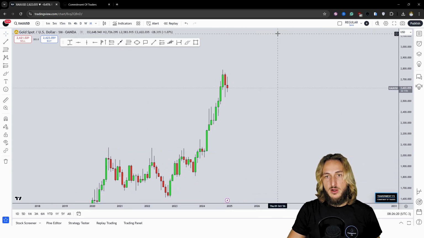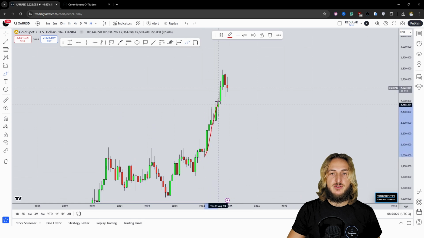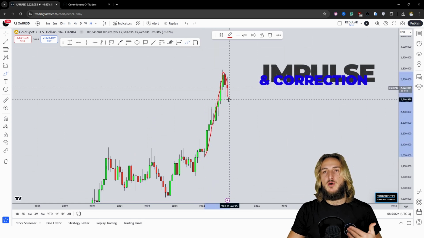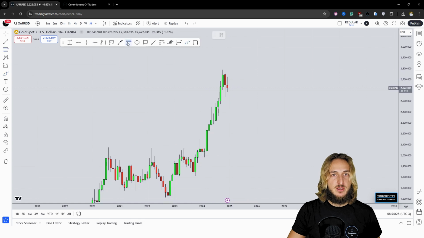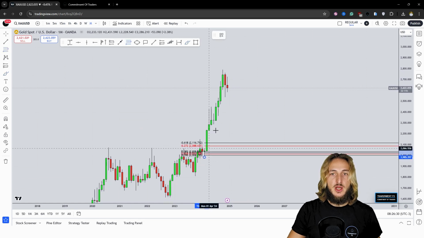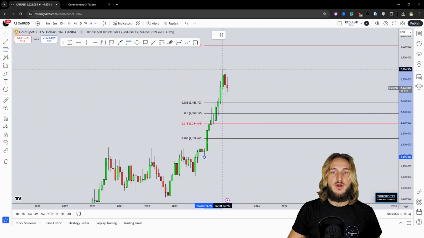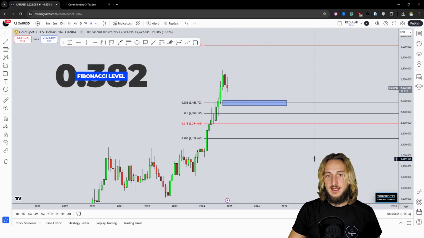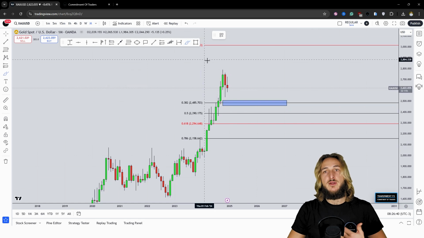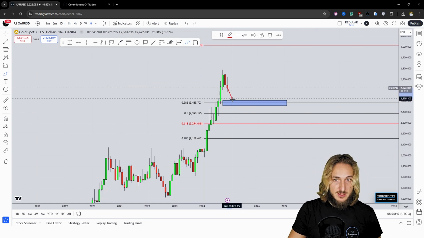Now, what we can also notice is that we just had a very strong impulse to the upside, and now we just got this start of the correction. Now, in general, after an impulse, if you want to measure the correction, you have to take your Fibonacci from the low to the high of the impulse leg, and that shows us how we have a 0.32 retracement exactly at this area. Now, what we would naturally expect in a situation like this is for the market to go and retest this level